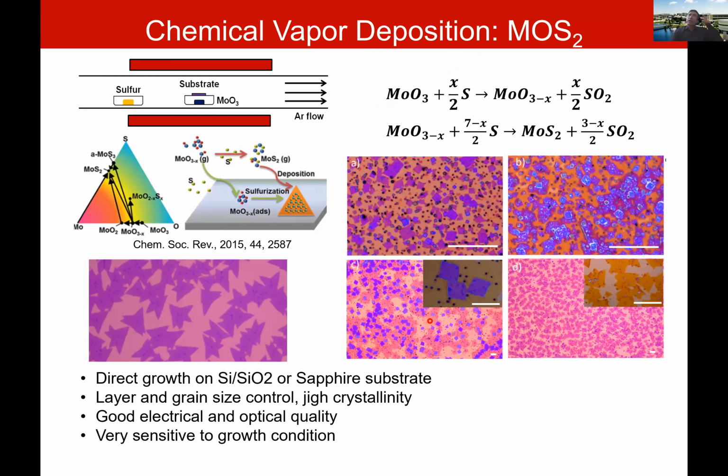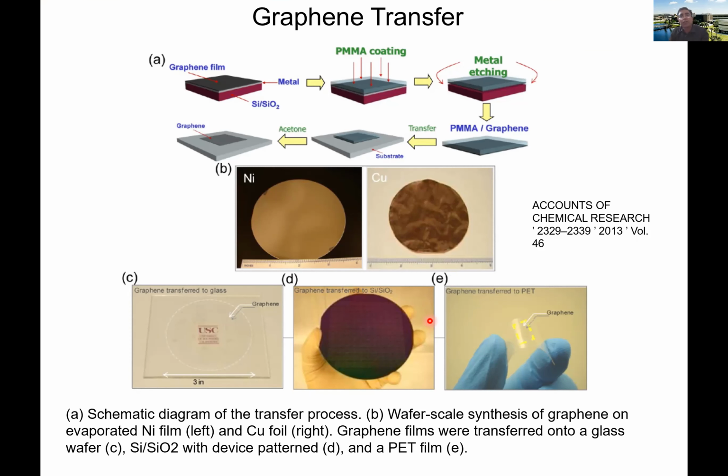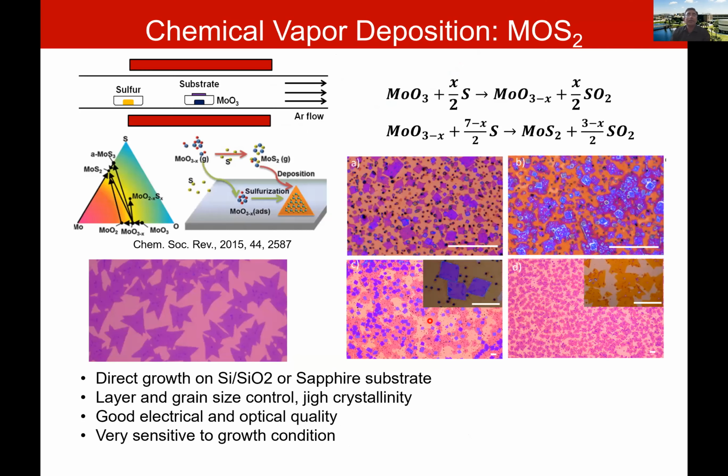So we have done graphene growth, we have done transfer, but these days graphene is pretty cheap. You can buy graphene on copper from companies for a few hundred dollars. You get a big wafer of graphene, and so we just get them, cut them, and process them when we need them.